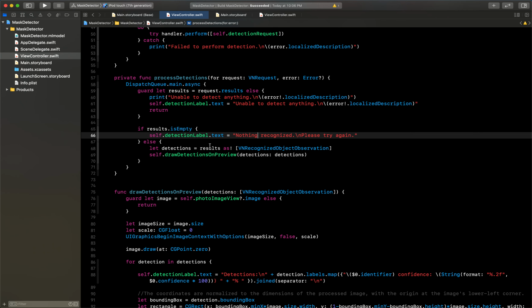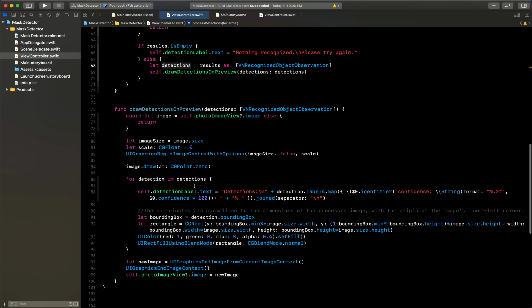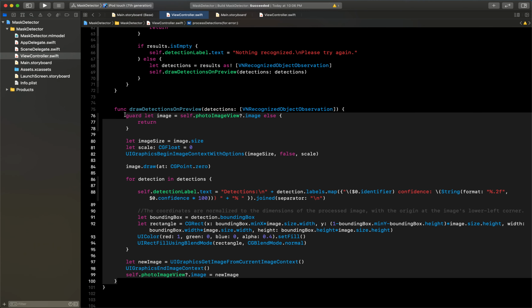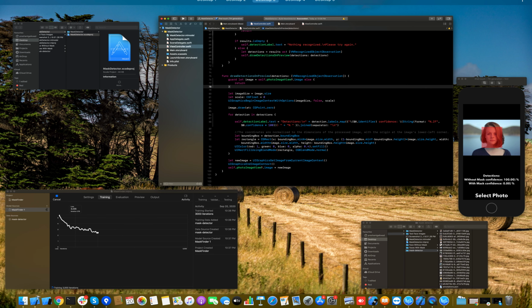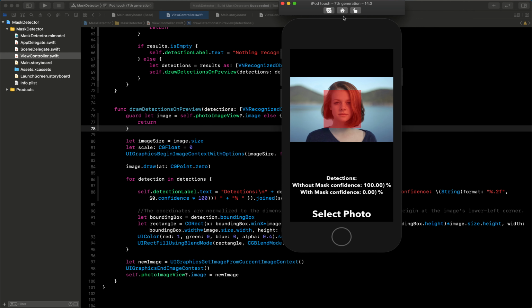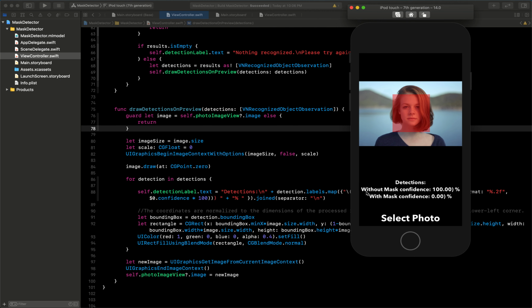So what we are going to do is send this detection to one more method, which is our final method, and this method is responsible for showing the result on the screen, like detection, and then it will tell with mask how much confidence and without mask how much confidence.